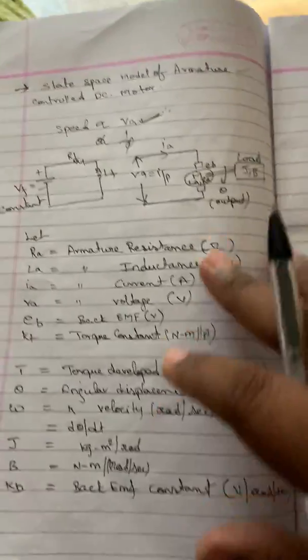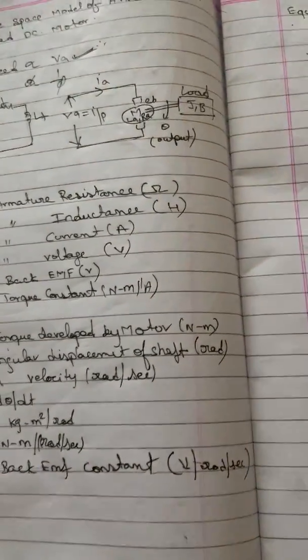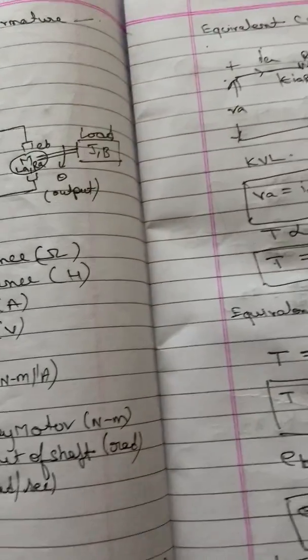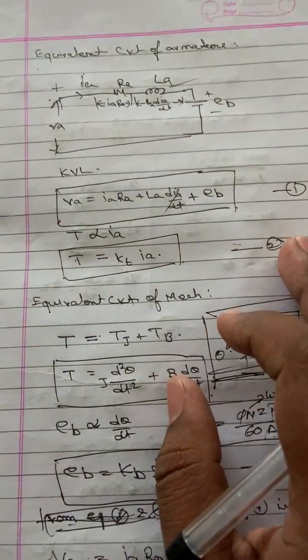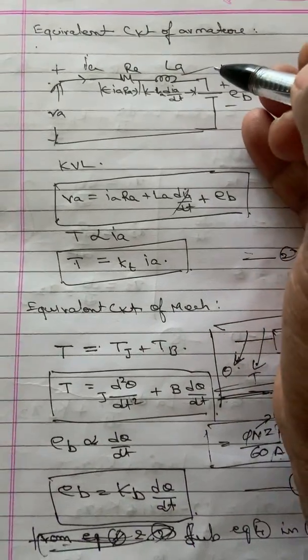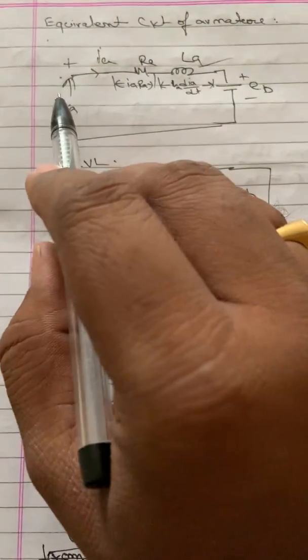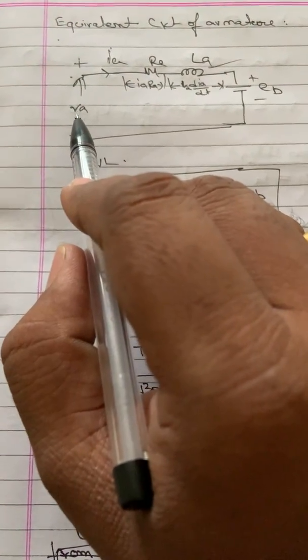So the first step is to obtain the differential equation. As I already said, it is an electromechanical system, which is a combination of electrical and mechanical. So I will take the mechanical equivalent circuit and electrical equivalent circuit separately, and from this we are going to derive our differential equations. So this is the equivalent circuit of the electrical system, with the supply voltage, nothing but the armature terminal voltage,